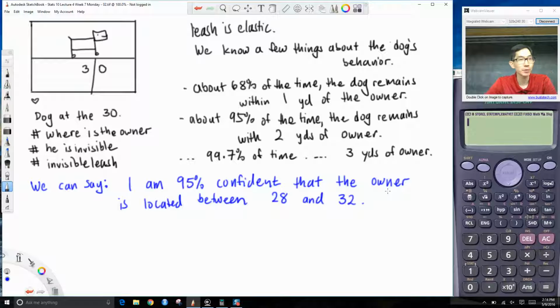Does that feel comfortable? Okay, so we can't guarantee that the owner is between 28 and 32,